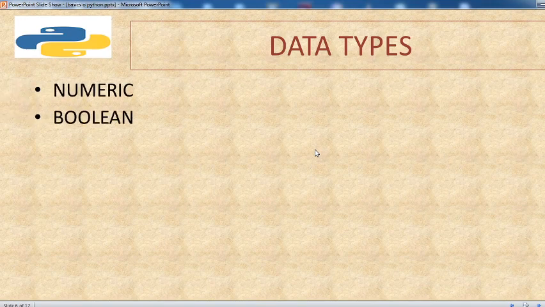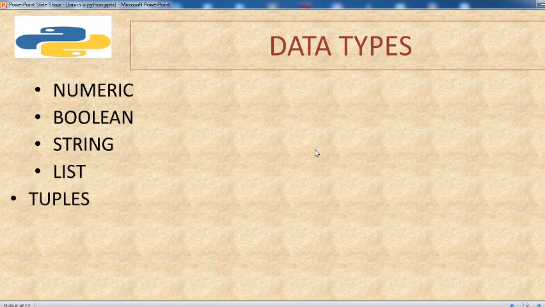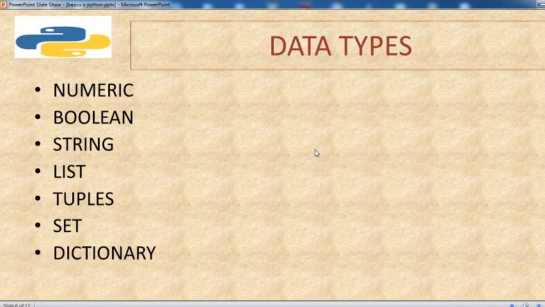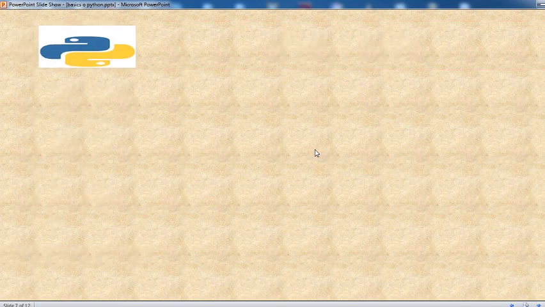Now we'll go to the next topic, data types. In the case of data types, we have first numeric, second boolean, third string, fourth list, fifth tuples, sixth set, seventh dictionaries. Now first we'll go to numeric.